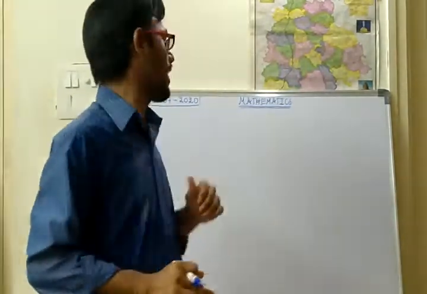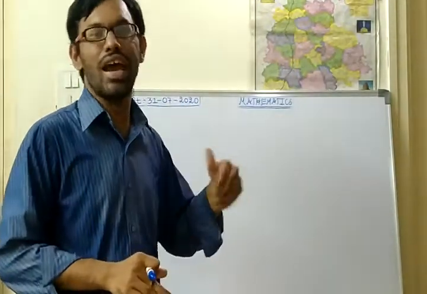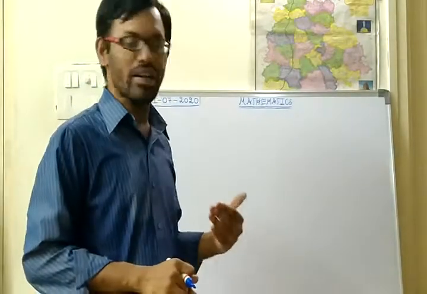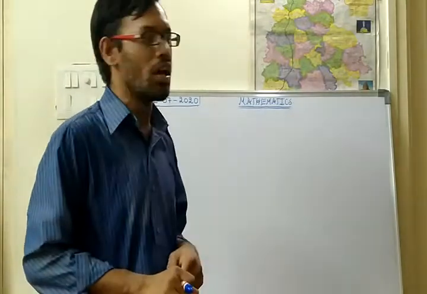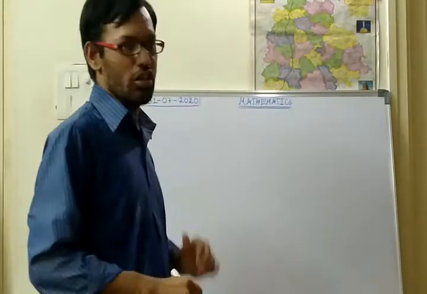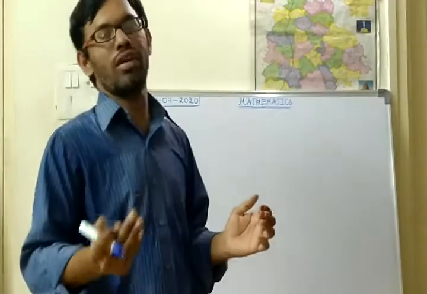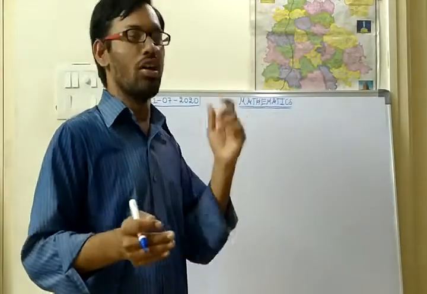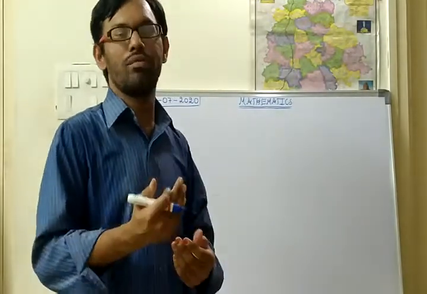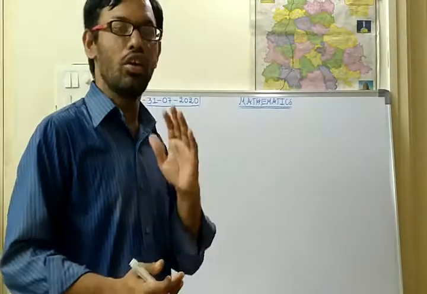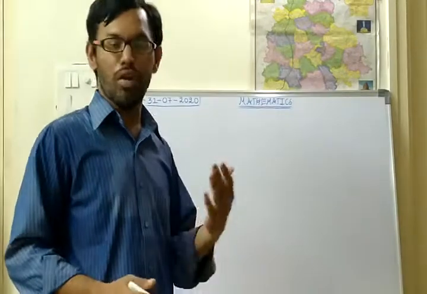So, in the previous class, we started the multiplication of integers and we started the exercise part of exercise 4. I think you have understood the multiplication of two integers: one positive and one negative, two negative integers, and one negative and one positive integer. You have understood what the result will be, and you might be knowing that. In the exercise part we have done some of the problems.